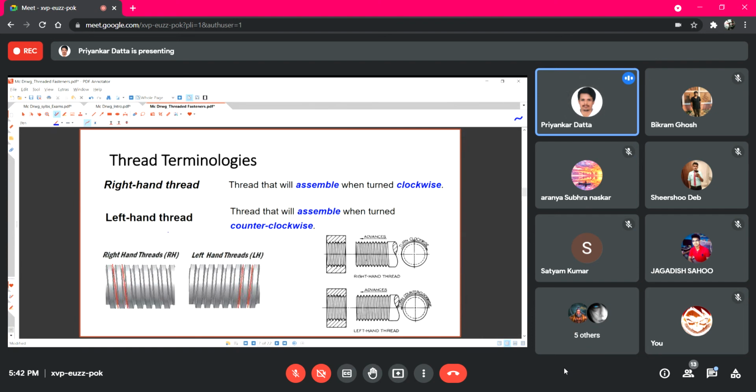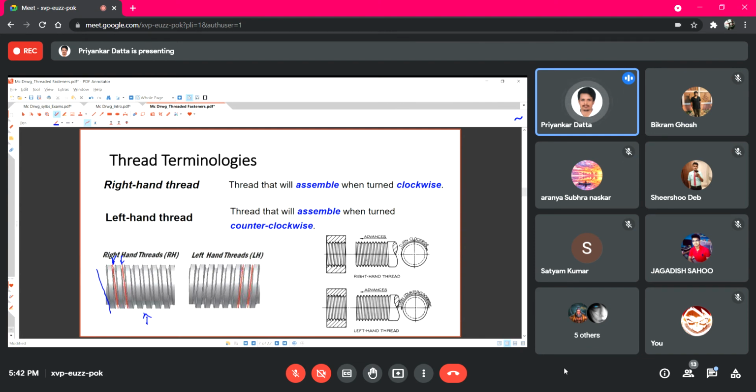So if we have a right hand thread in a drawing, how will you understand? If it is an external thread, you will see that the thread lines, the helical lines over the cylindrical part, are inclined towards the right, as the red lines are shown in this manner. So it will be a right-handed thread for external threads, right?